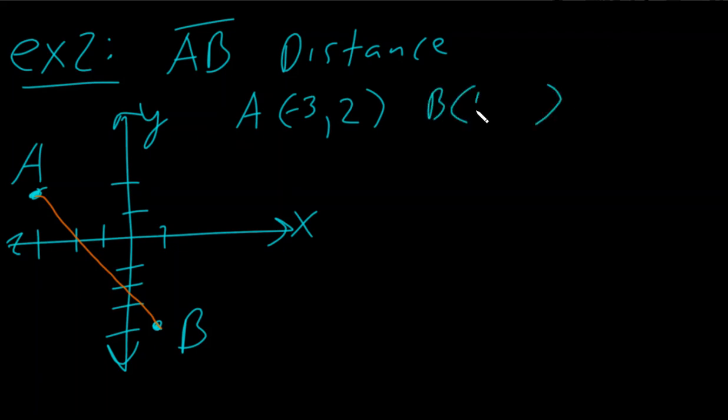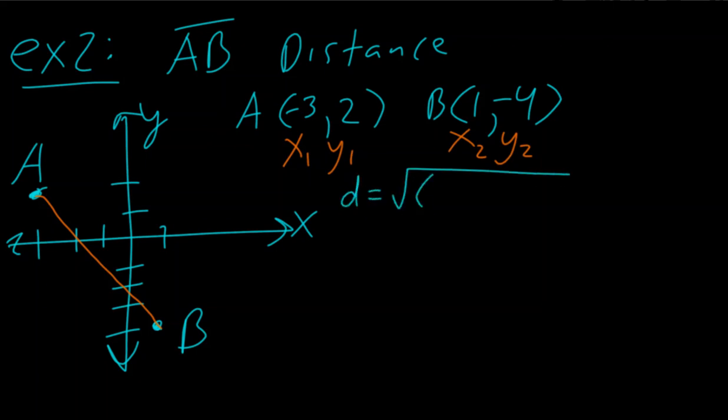Okay, let's look at point B. It's gone to the right 1, that's positive, and it's gone down 4, and since it went down, of course, that would be negative. And much like our last example, we always want to label. And so we have x1, y1, and of course x2, y2. And let's go ahead and plug all of this into our distance formula. So we know d is equal to the square root of, and if you will recall, we start by subtracting our x's, so x2 minus x1, or aka 1 minus negative 3,